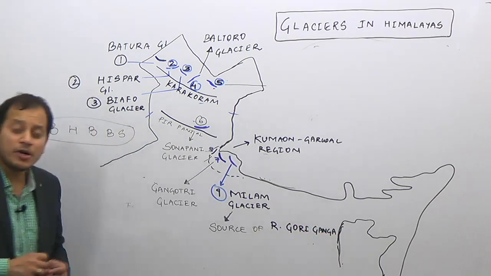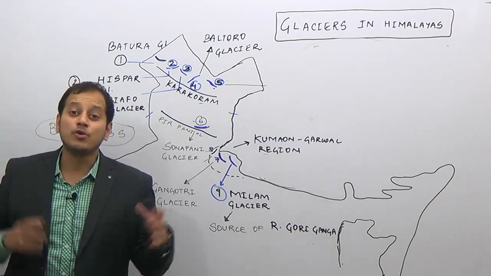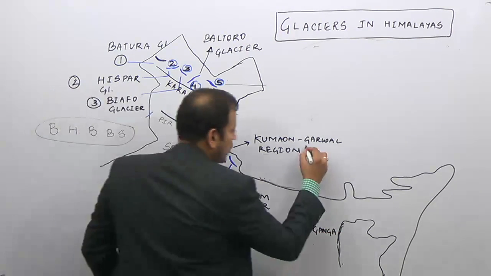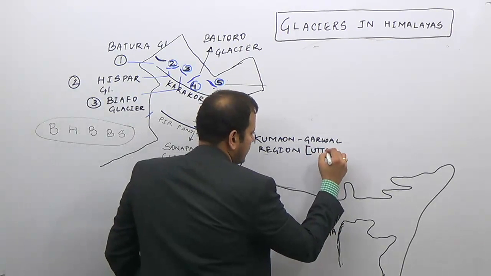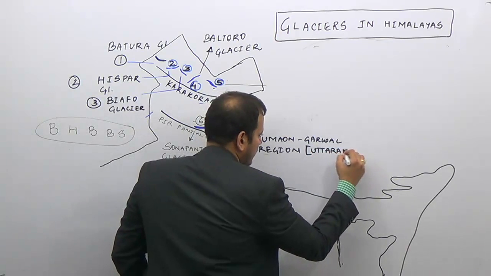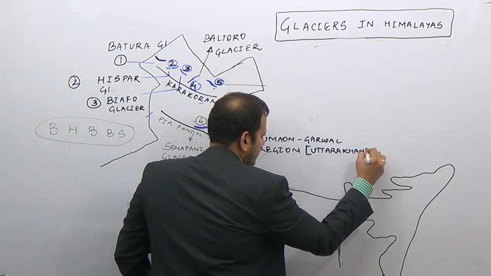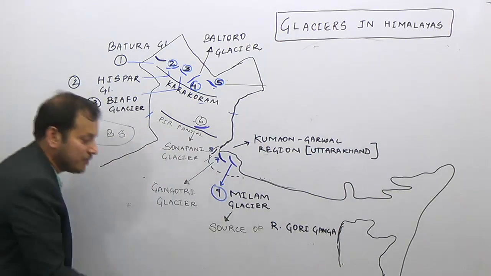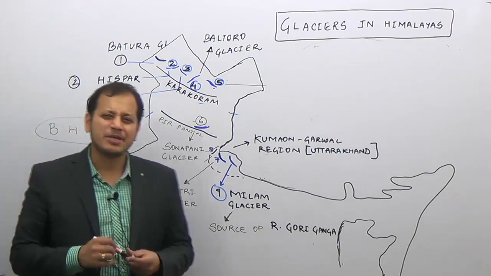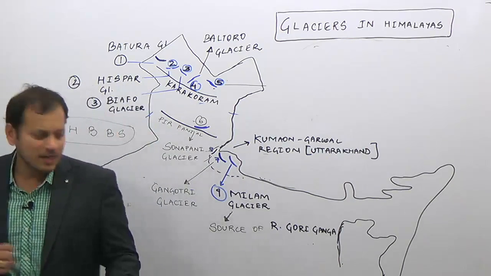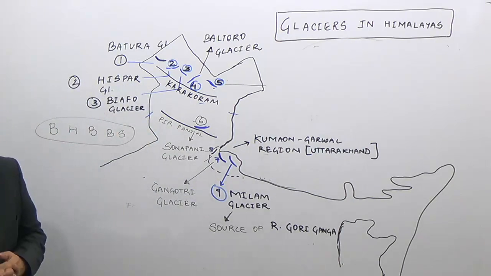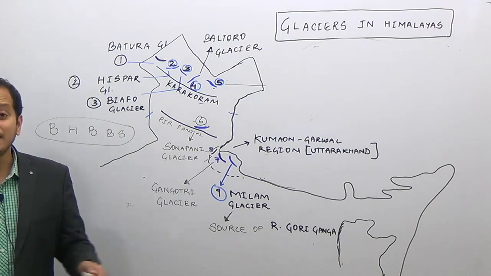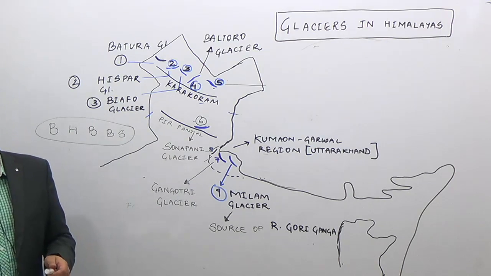So what are the important glaciers of the Kumaon Garhwal, or the state of Uttarakhand? The important glaciers are Gangotri Glacier, Milam Glacier, and Yamunotri. Again, I am saying don't focus too much on Yamunotri, but focus on Gangotri and Milam Glacier. And lastly, the important glacier of the